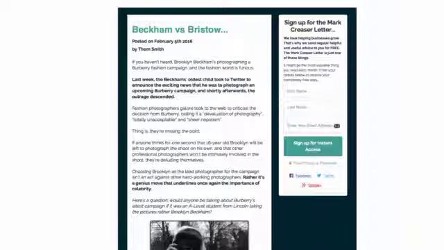It's their blog. It's all nicely formatted. It did have the URL and things on the top, but I've cut it out just to put it in the presentation. And they're going on and they're telling me all about how using a celebrity to endorse the brand is a powerful thing. It's not about Brooklyn Beckham being a great photographer.